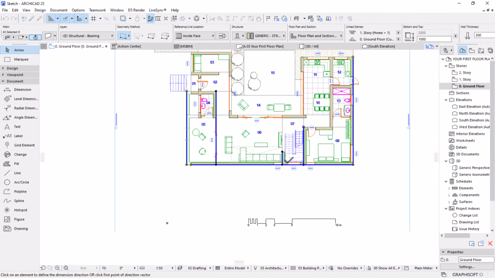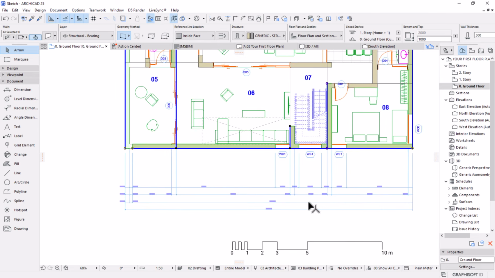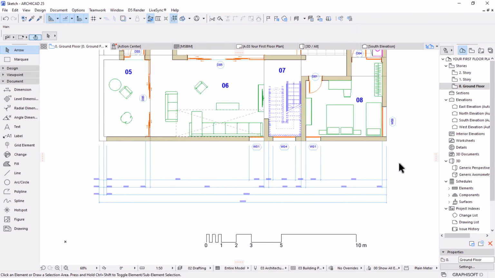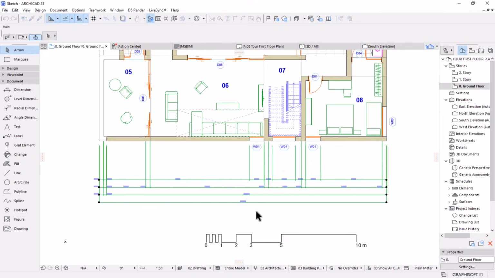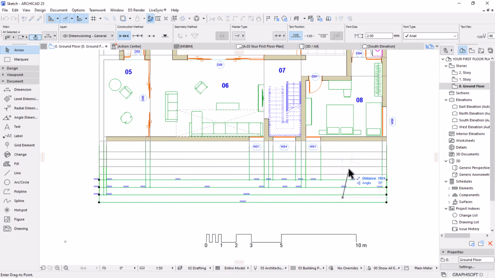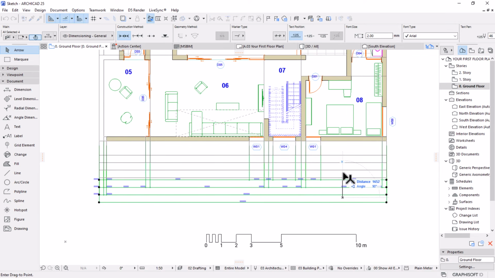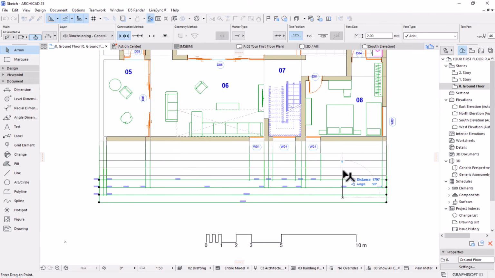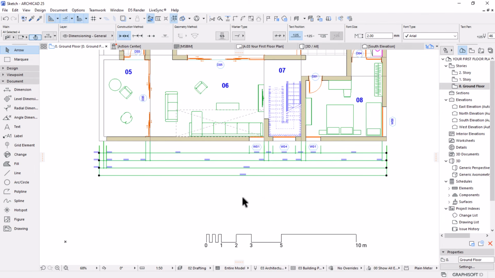So I'll hit place, then I'll draw a line first that defines the length, and then I can place it here. Perfect. So I can pick parameters of this, select this by picking the first point of a selection and then across, just like in AutoCAD. From here you can press Control D and move your dimensions to whatever distance you want. In this case I'm going to just make it closer to my labels